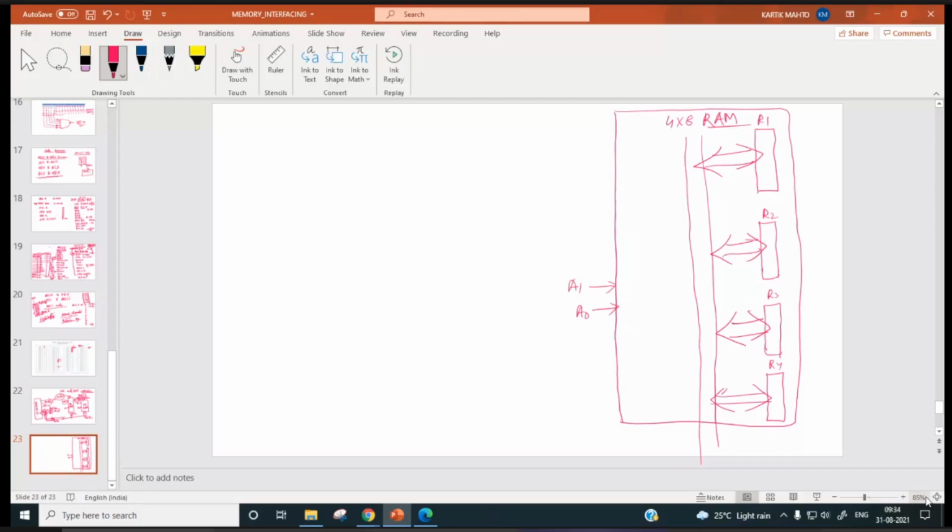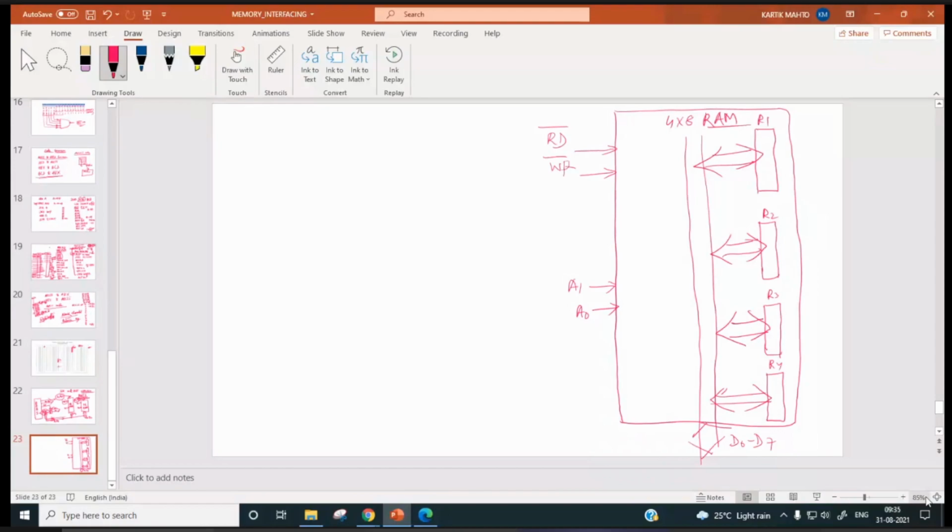And how many data pins will there be? Eight, D0 to D7. One read bar pin will come, and one write bar pin will also be there.